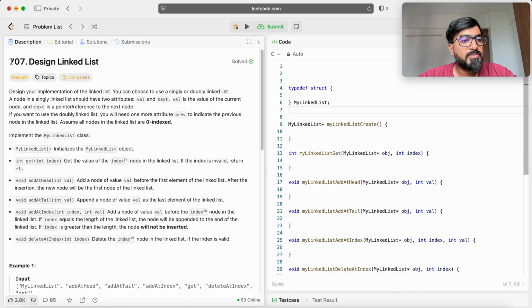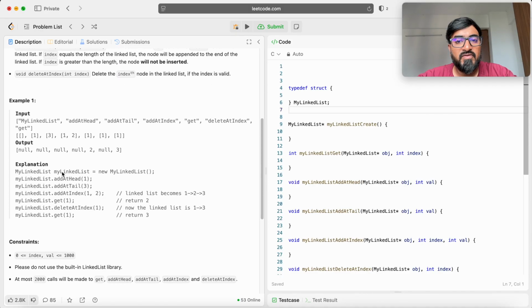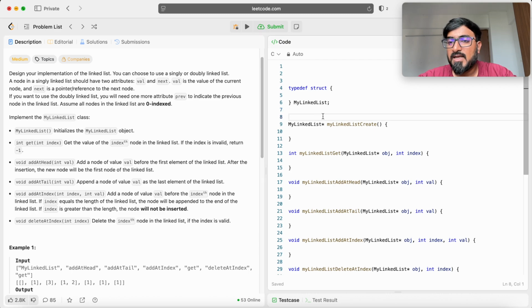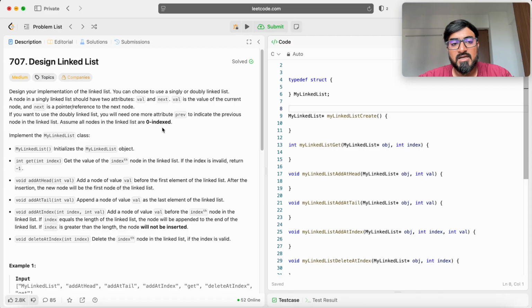So we need to solve this problem. Take a minute and give this a reading. Okay. So we need to complete this linked list implementation, and they're giving you an option of singly linked list and doubly linked list. So we have covered singly linked list in C so far,